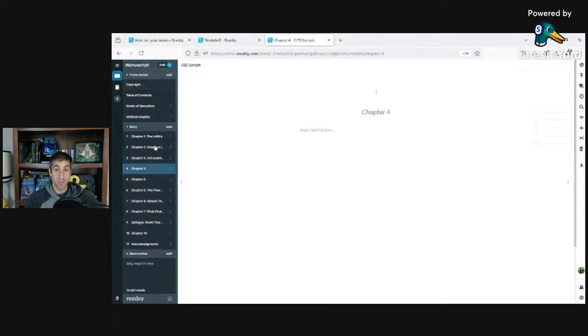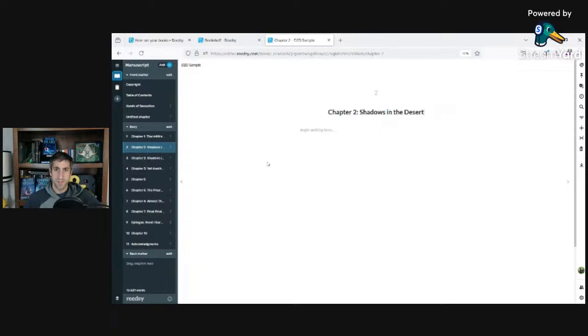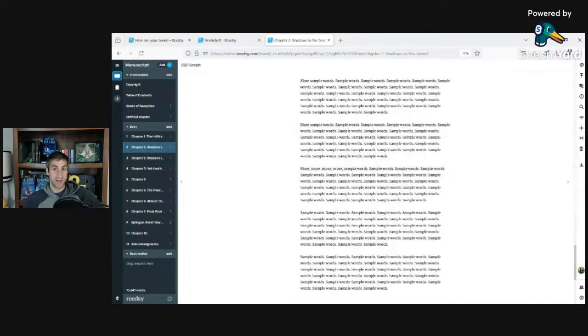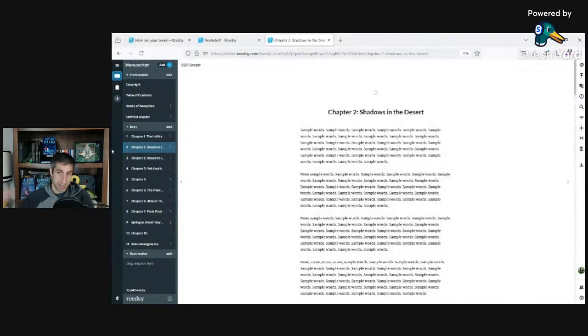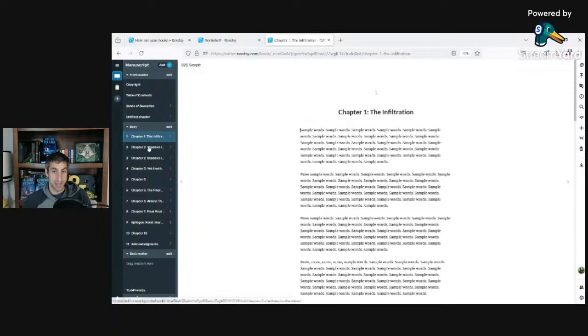So I also demo how to create a chapter really quick here. Using the button at the top left, we can insert new chapters. We can then also delete them using the trash icon. All pretty straightforward stuff. Now, chapter 2 also had the carriage return error. And when I copied and pasted the title, I accidentally left the H1 header in there. So when I deleted the line, it shifted the text up to the H1 format. And you can see me messing around with all these details as I keep going through. It's always easy enough to fix, but you need to be aware of the problem when it comes in.